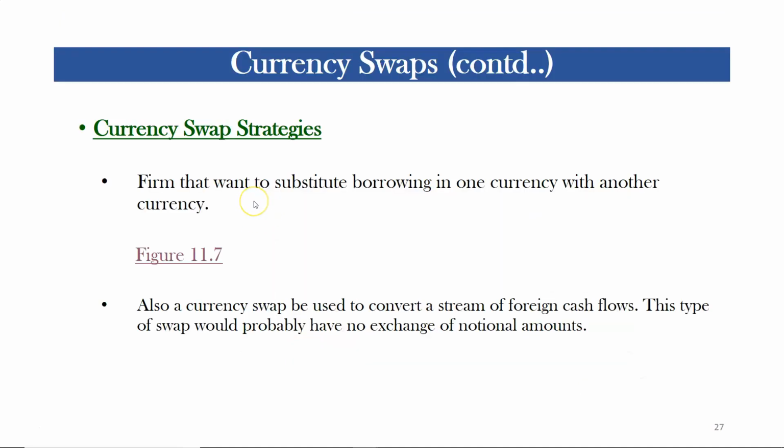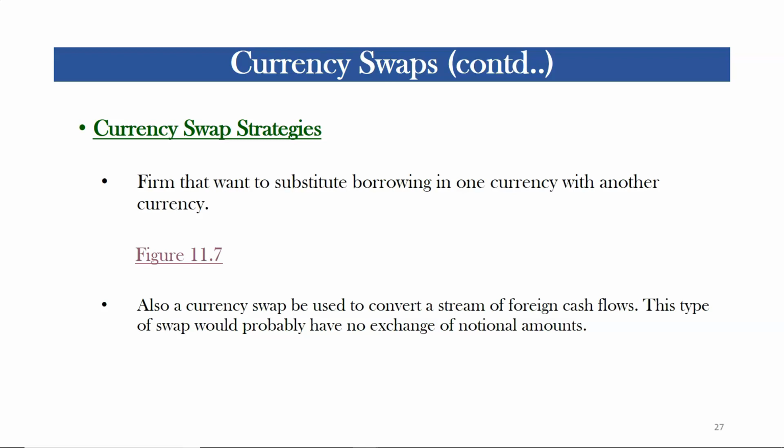What could motivate Reston to enter into such a swap? It may be because it is not able to borrow in euros for varied reasons, or it is able to borrow at a lower rate in dollars compared to euros. There are different reasons that can lead a firm to enter a currency swap. The dominant, of course, will be to hedge. However, it can be used to speculate also.